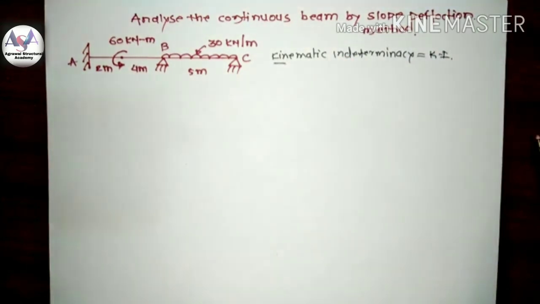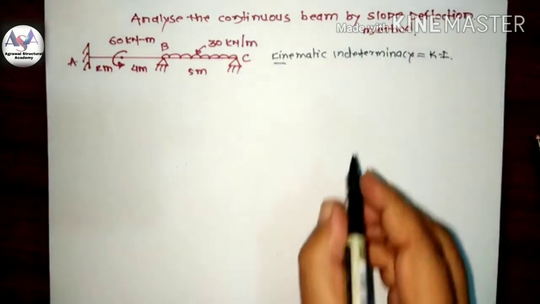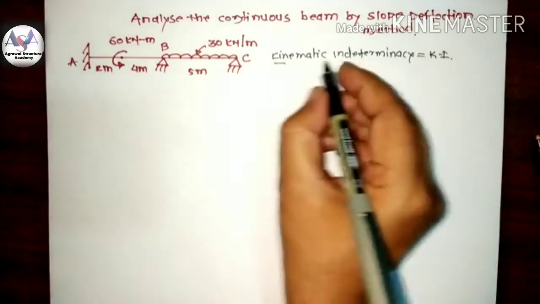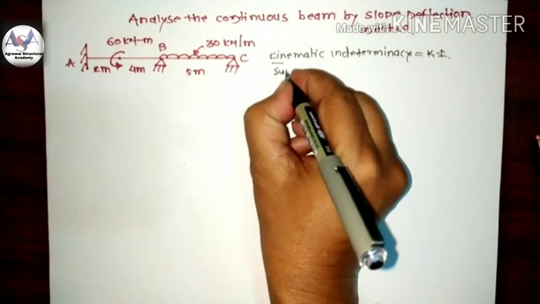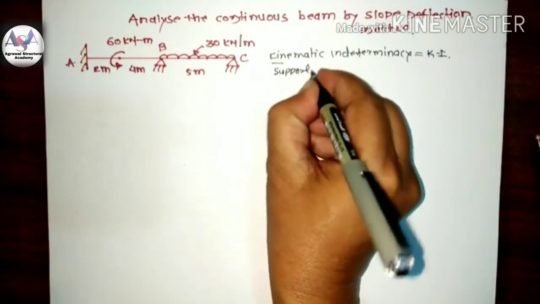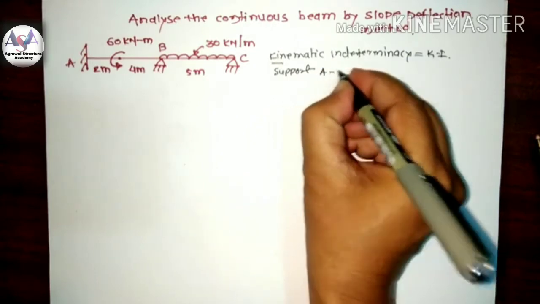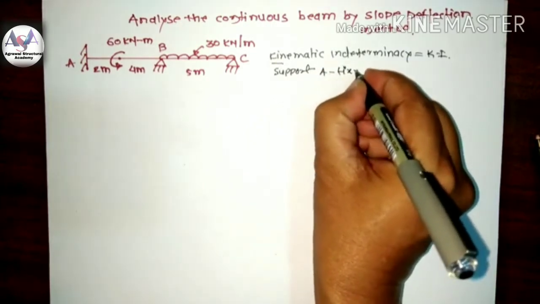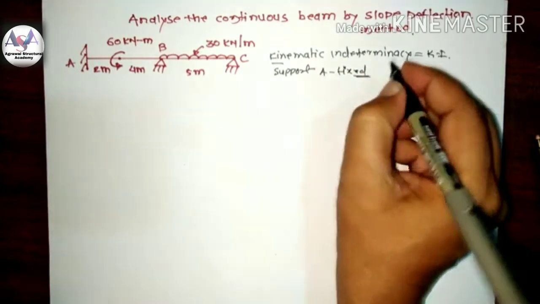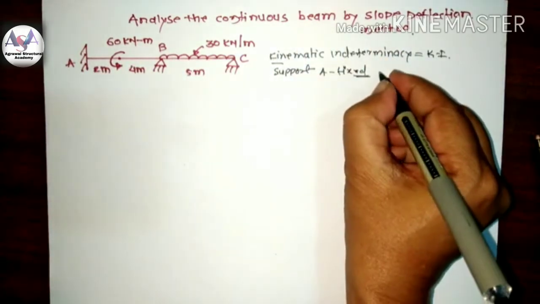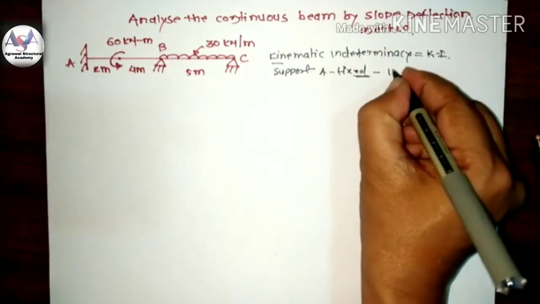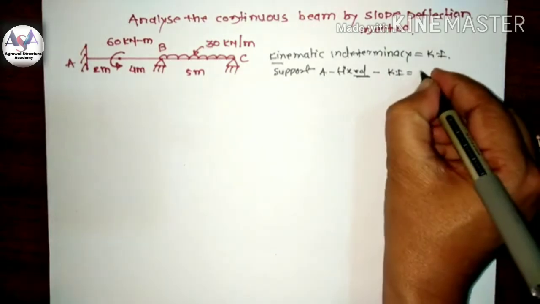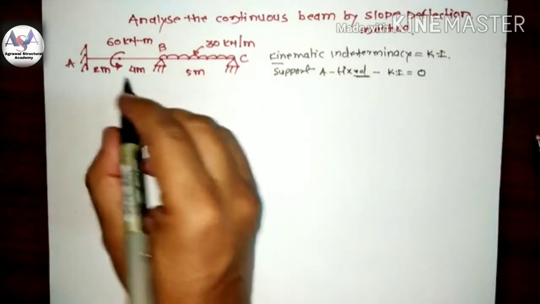Now this is found as per the support. Now support A is a fixed support. So for the fixed support the Ki is equal to 0, because there is no